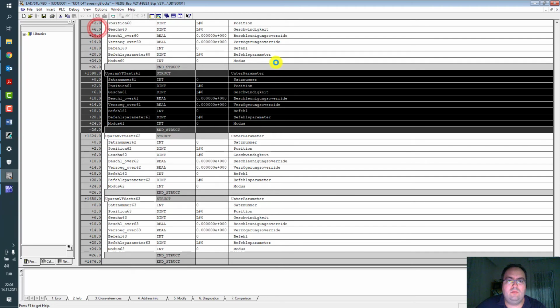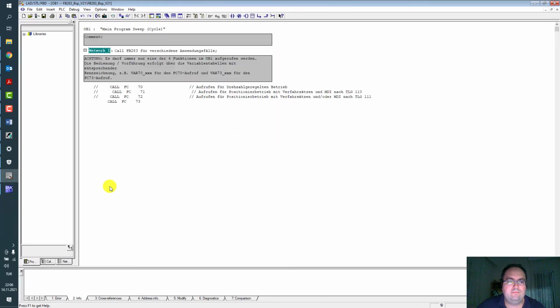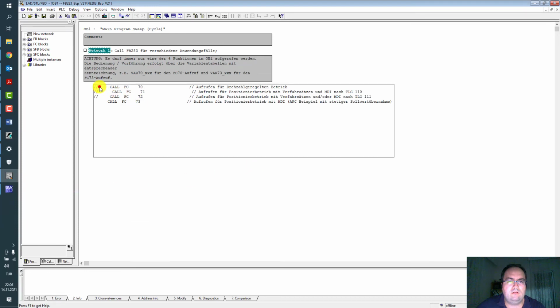And in our main program, OB1, the first 3 lines are commented. Only the last function 73 is working for MDI positioning.